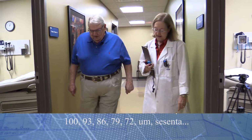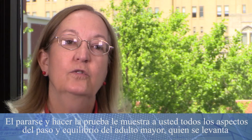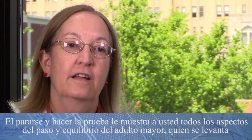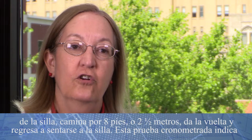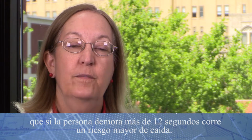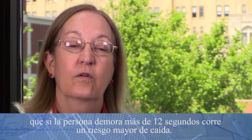72. 60. The Get Up and Go test helps you look at all aspects of an older adult's gait and balance. So they get up from a chair, walk about 8 feet, turn and return, and then sit down in a chair. So that time test, if a person takes more than 12 seconds, that increases a higher risk for